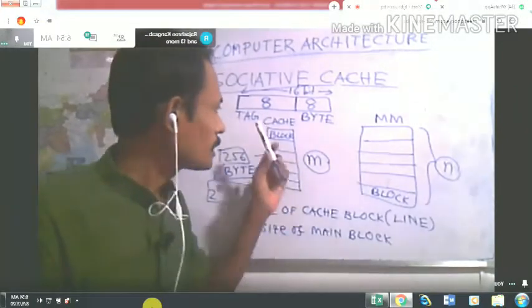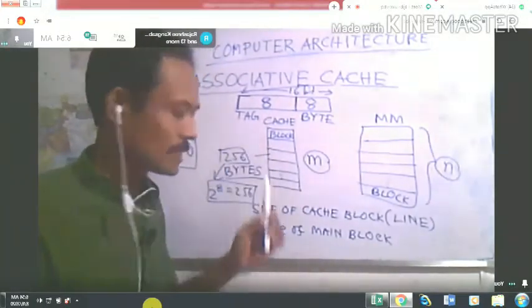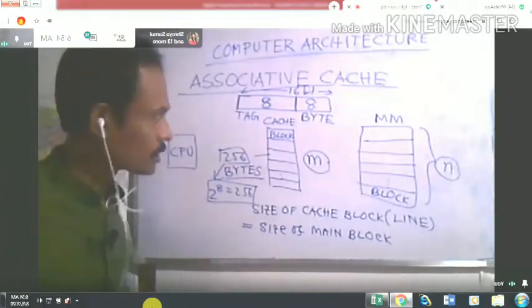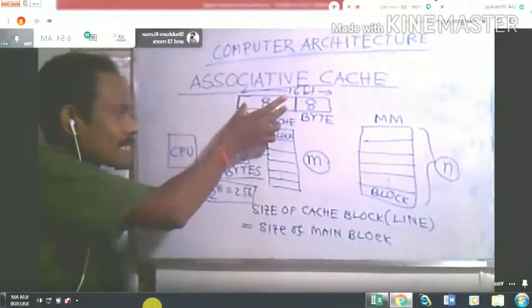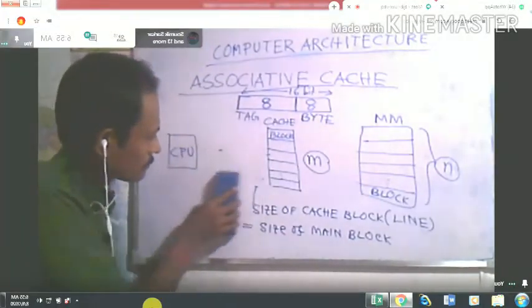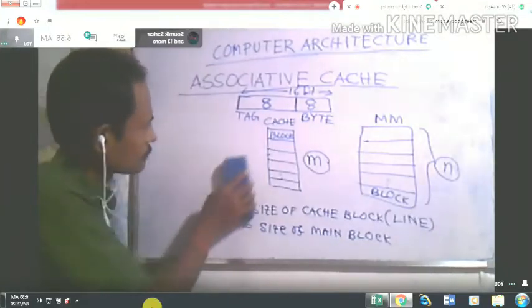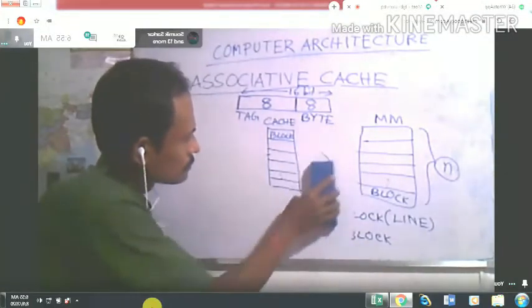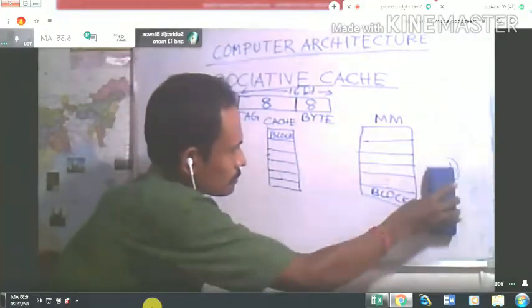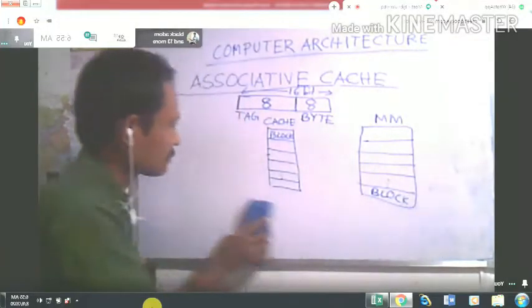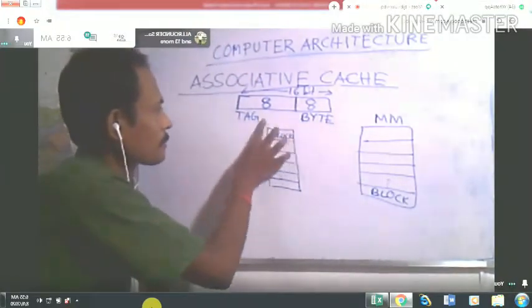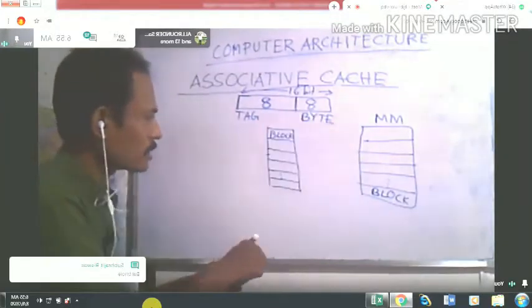Now what does it mean? It means that there is a tag memory where all these tag addresses will be stored. So this is your cache memory, and this is your main memory.